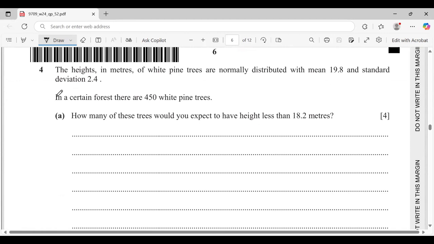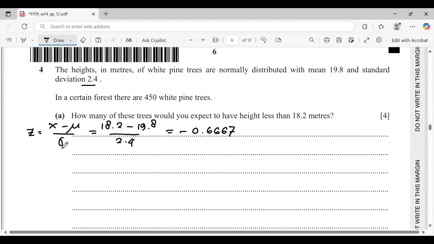The first step, we need to convert to the standard normal z-score, with the z formula equal to x minus mu over standard deviation. So it's going to be 18.2 minus 19.8 over standard deviation 2.4 based on this information. And if you calculate, the result is minus